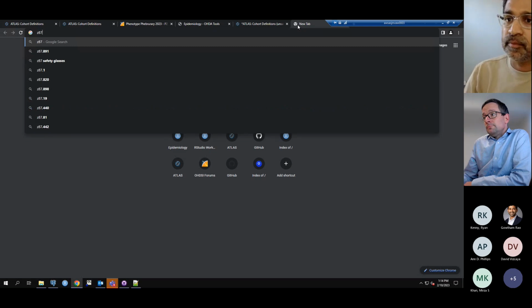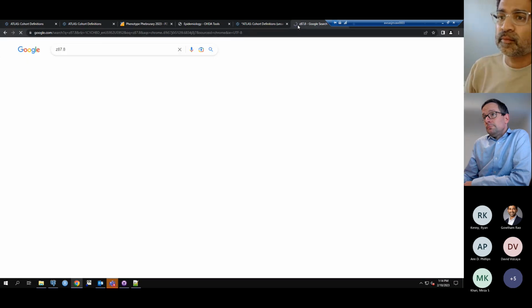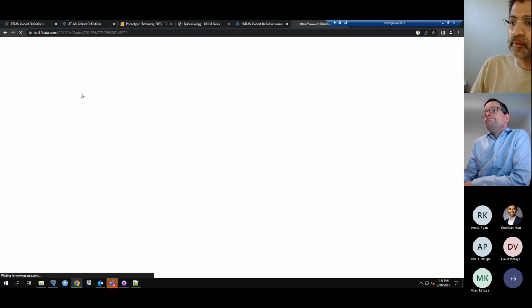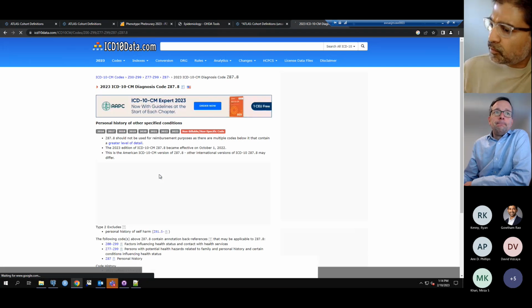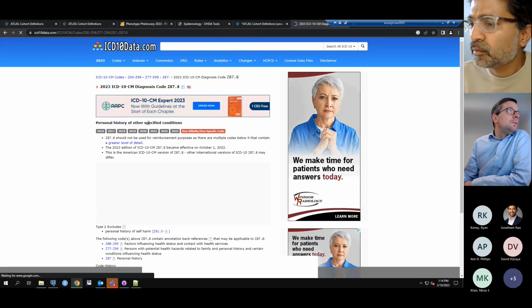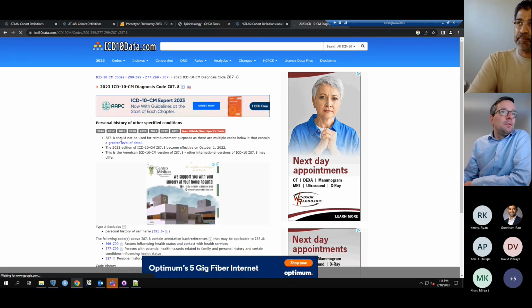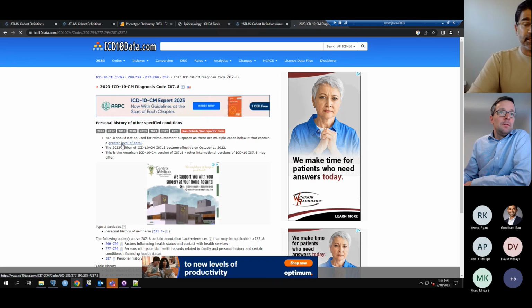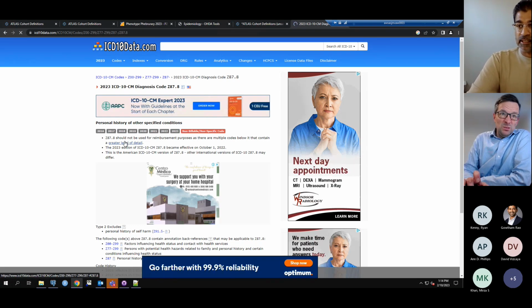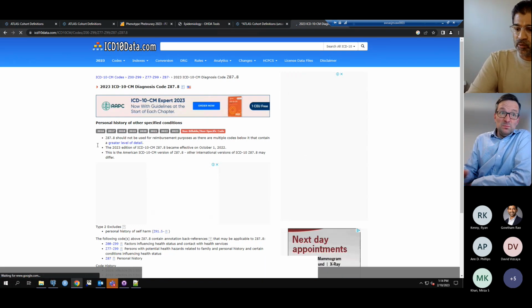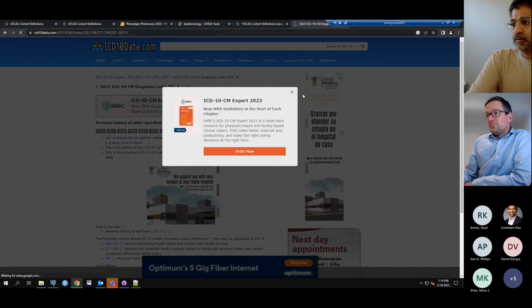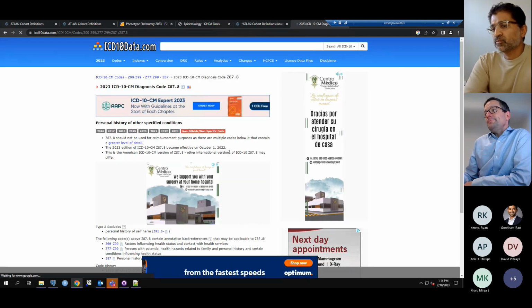Z87.8, I think, is the root one, and there's some subcodes there. And that's the personal history of, I think, right? I see. So you expect that persons who are receiving EpiPen for a problem list of anaphylaxis are not experiencing anaphylaxis right now. It looks like the right code for that. And then if they had acute anaphylaxis, it would be that